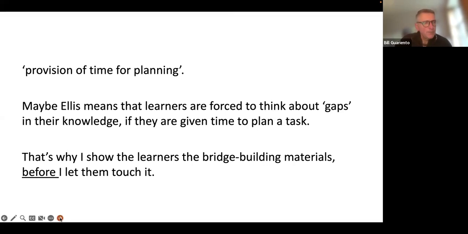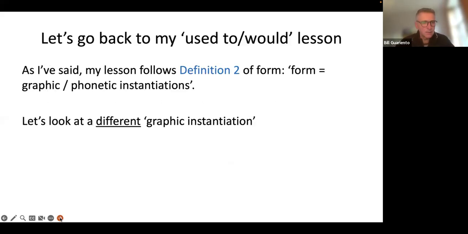You know, I'm very impressed. This is very difficult, I think. This is the most difficult one of Ellis's principles. So you're doing really well, okay, to understand it. Okay, so